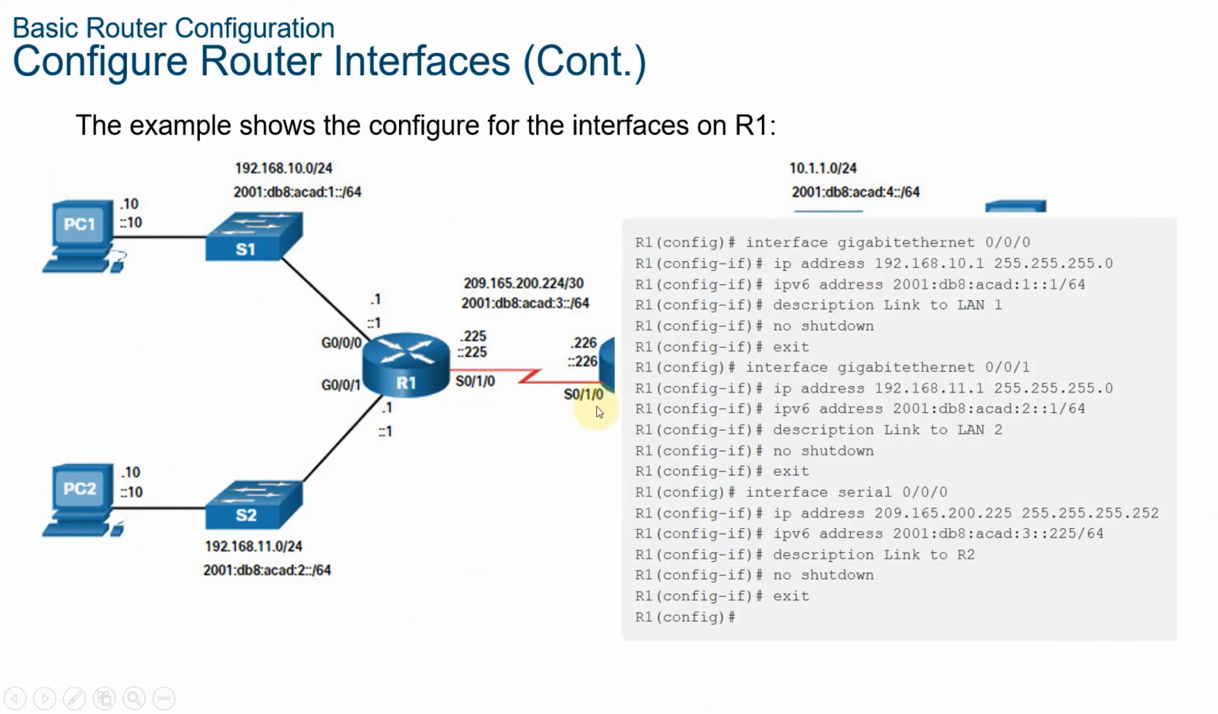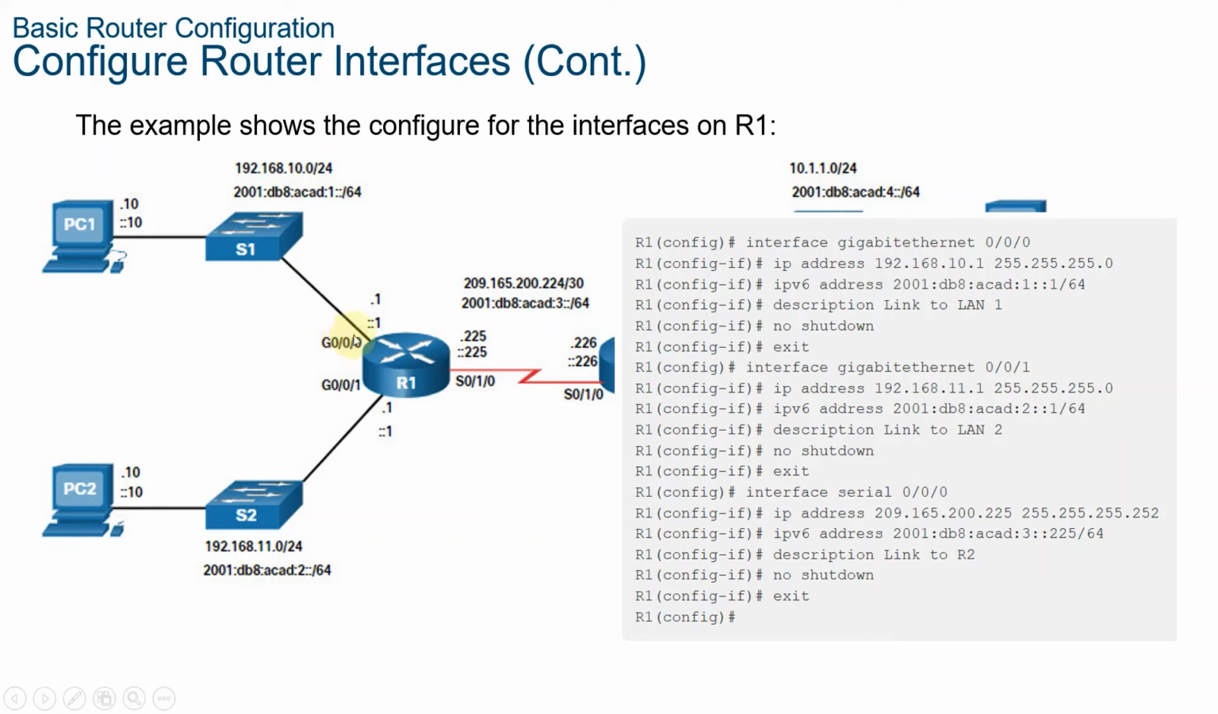Okay, so we have here an example configuration. Referring to R1 here, take note that on R1, we have three directly connected networks: a network where PC1 is in, a network where PC2 is in, and the network between R1 and R2. Now, what we're going to do here is to configure Gigabit Ethernet 0/0/0 here, where S1 and PC1 are